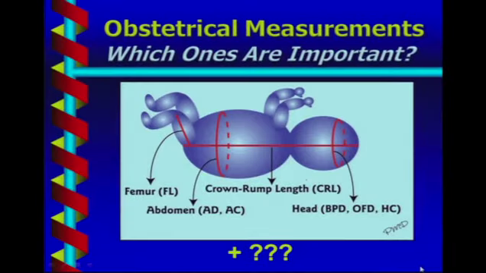So for the next half hour or 40 minutes, I'll be addressing the topic of obstetrical measurements, which ones are important. There are a number of basic measurements as illustrated on this image: the crown rump length in the first trimester, in the second and third trimesters, measurements of the head, abdomen, and femur. And I'll be talking about how to use these, but one of the other